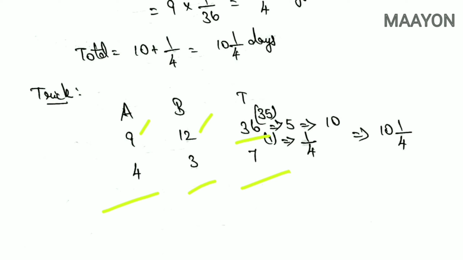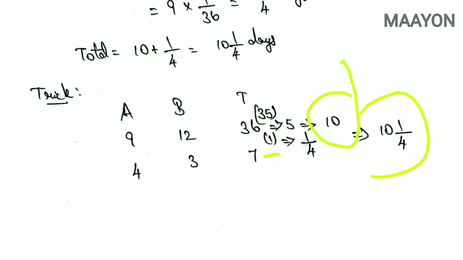So the total work, 36 by 7, would result in 5 pairs of days and a remainder 1. So 5 pairs of days, that is first 2 days, 3rd and 4th day, 5th and 6th day and so on, will result in 10 days and the remainder 1. Here the remainder 1 is divided by 4 because A is in charge of the 11th day, as the work completed by A and B together as pairs is 10 days. A works on the 11th day. So 1 by 4, which gives 10 plus 1 by 4, that is 10 1 by 4.